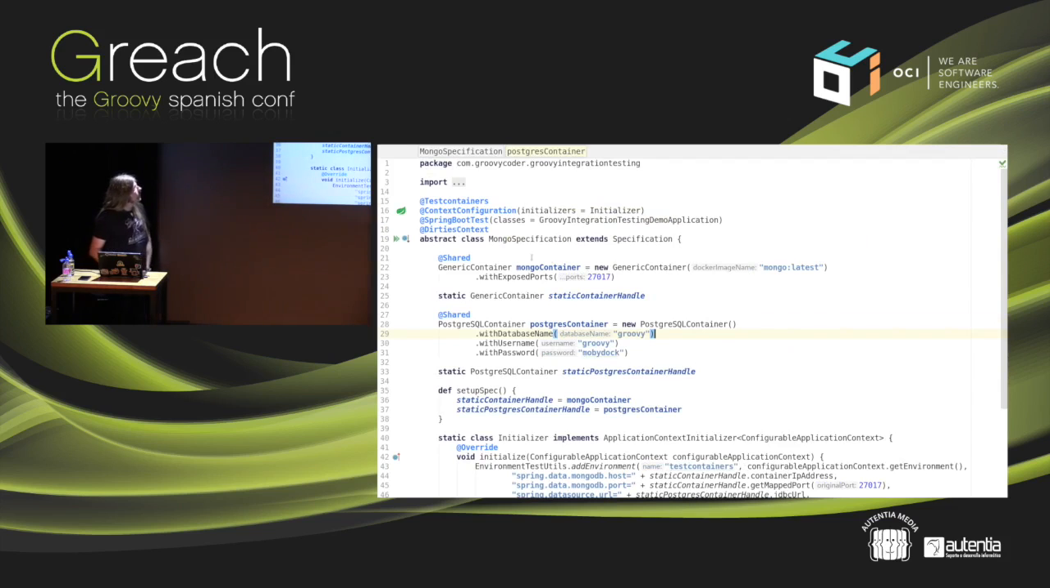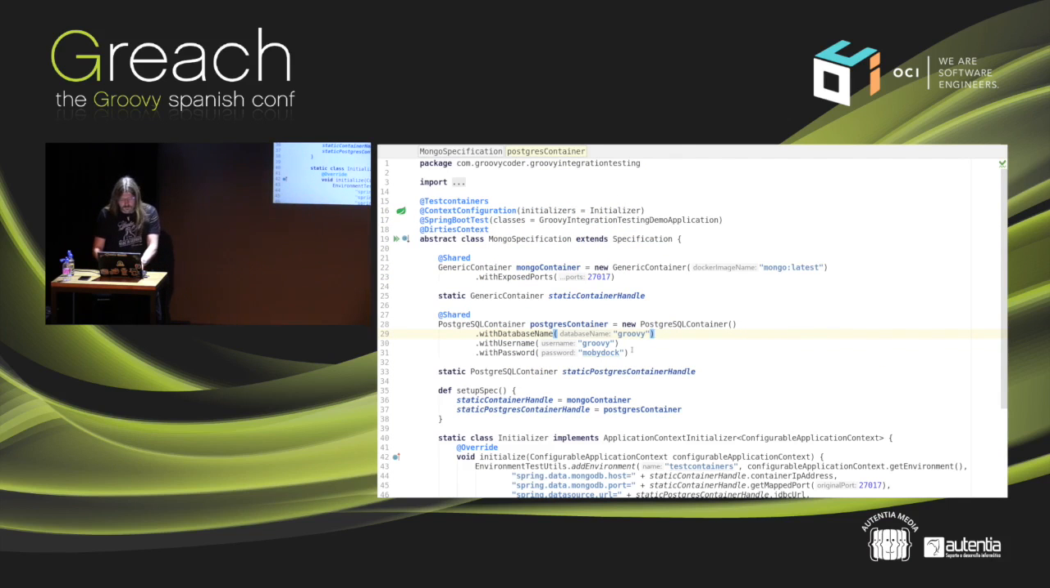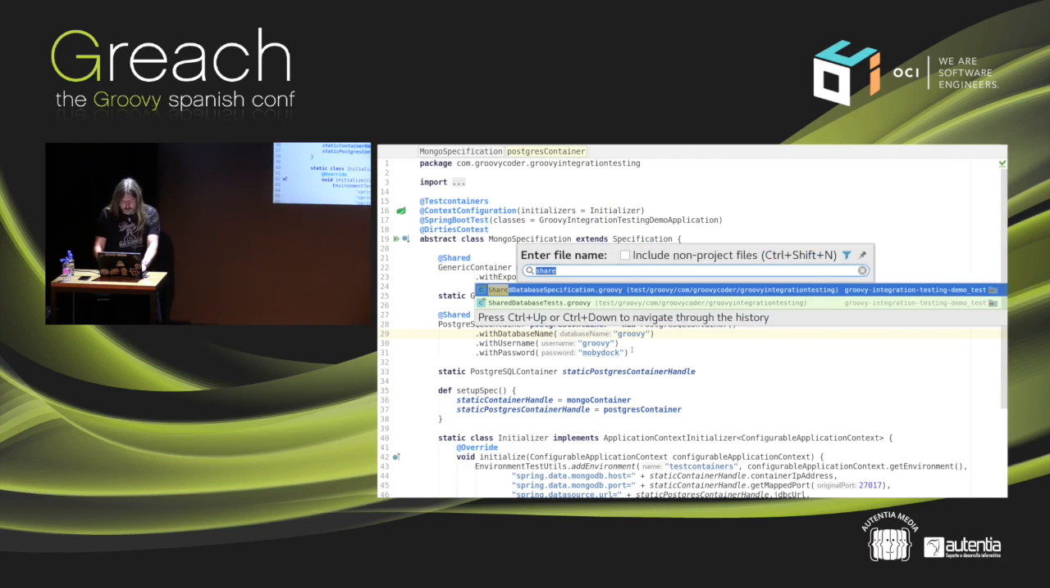So we define, in this case, a generic container. And yeah, it will boot it up as well. I've also defined the Postgres container here, so Spring Boot will start up successfully. And then we inject the configuration, like the IP address and so on, into the environment variables. And if we go into the test,